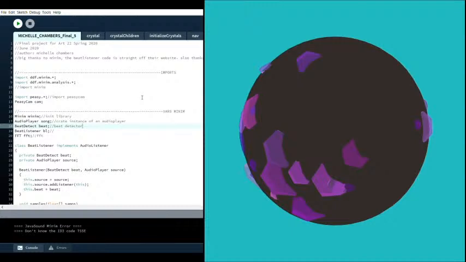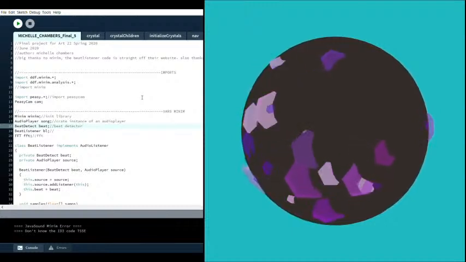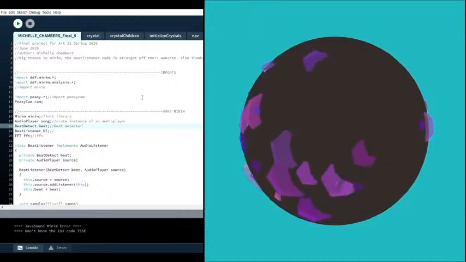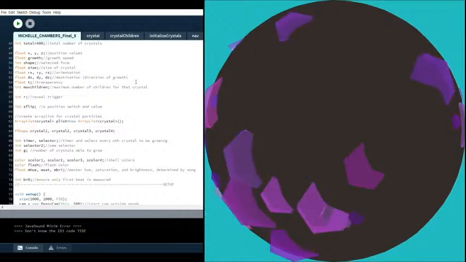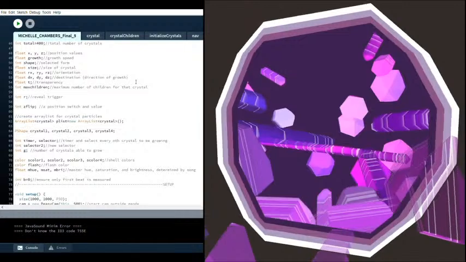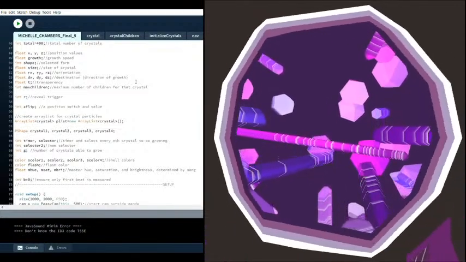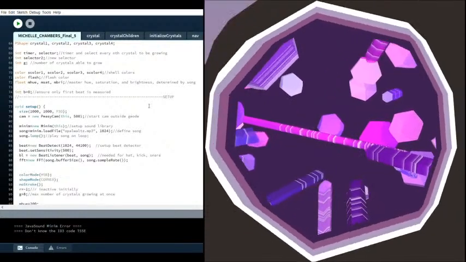So the trickiest part of this project was probably keeping track of all these variables and also the math for placing crystals on the outside of a sphere and then orienting them in the proper direction so they don't grow outside. And also another hard part was getting a little fancy with minim,